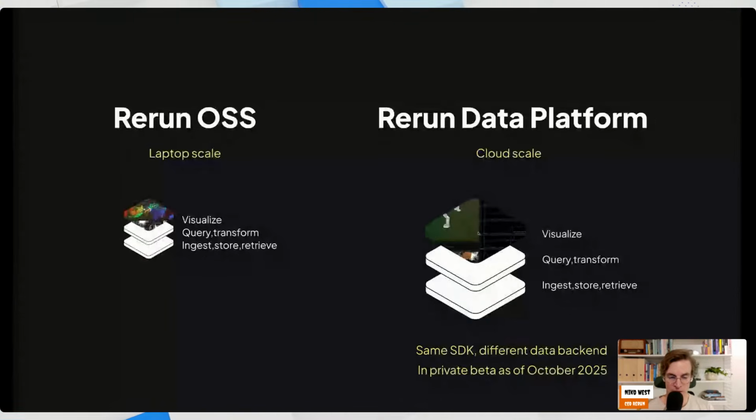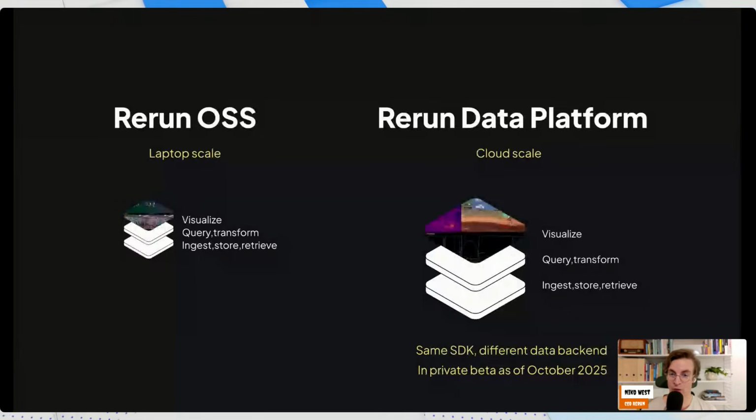It's in private beta as of right now with a couple fantastic companies, but in the meantime, the open source is available to everyone else. So I'm not going to talk about all the commercial platform things today, because I think that's not available to everyone, and I want to make sure we're talking about things that are available right now, or at least very soon. So then I'm going to focus on the open source parts.